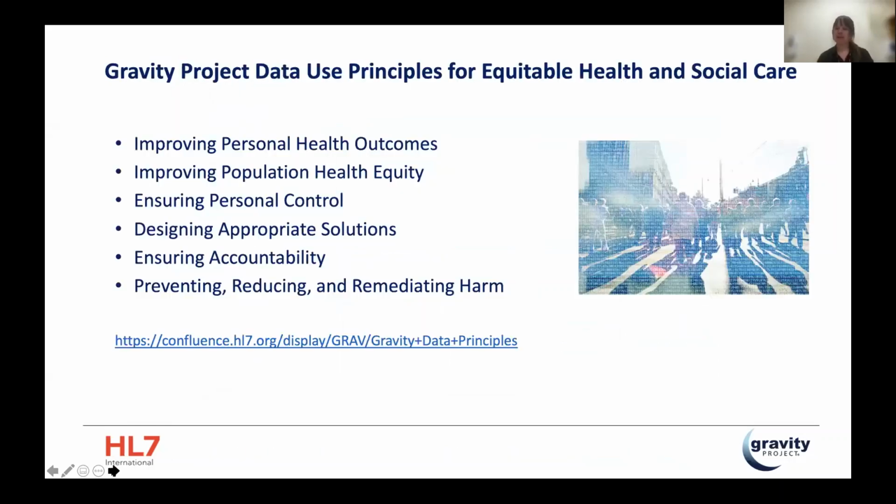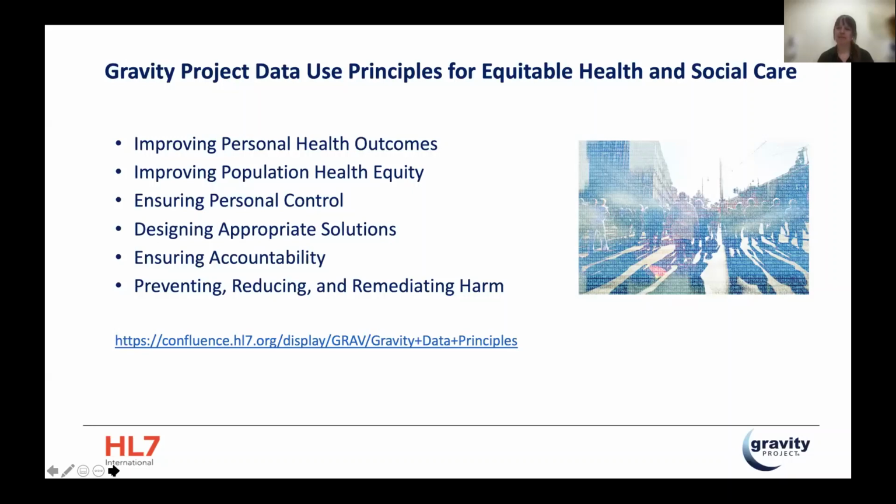I did want to spend a moment, again, this references something Dr. Pinto was talking about as well, and I highlighted a paper in the chat. There's a lot of work regarding data justice. The Gravity Project identifies itself as a social justice driven organization. So as we consider addressing what Lynette Taylor, who's the author of the paper that I put in the chat, calls the injustice of invisibility.